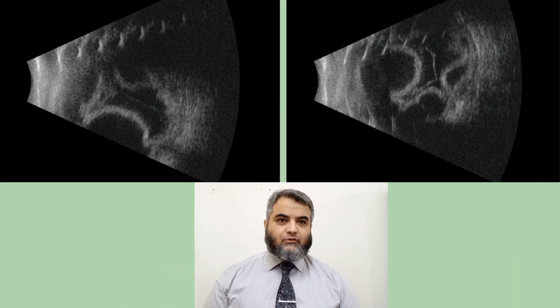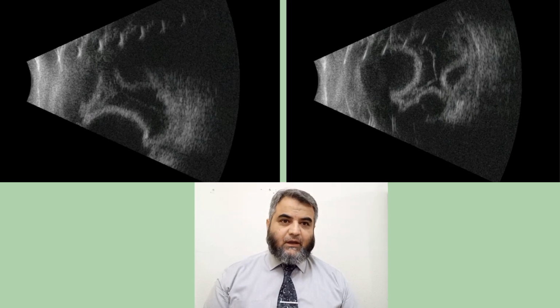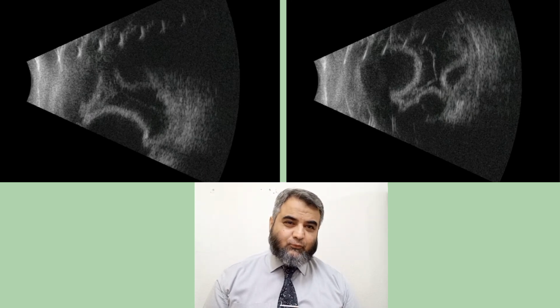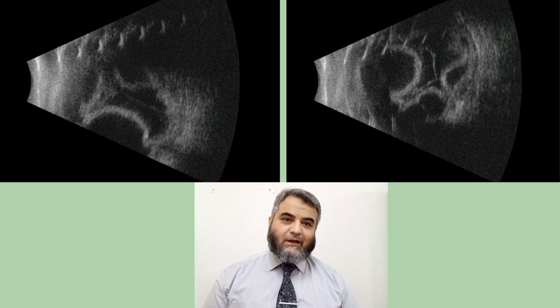These are the ultrasound B-scan photographs of the patient in which the choroidal detachment has occurred following the perforation of the corneal ulcer. Here you can see that in many locations the choroids are touching, which we call kissing choroids. Usually it happens because there is a pressure difference between intraocular and subchoroidal space pressure. The subchoroidal space pressure is 2 to 3 millimeter less than the intraocular pressure, and that's why the choroid remains